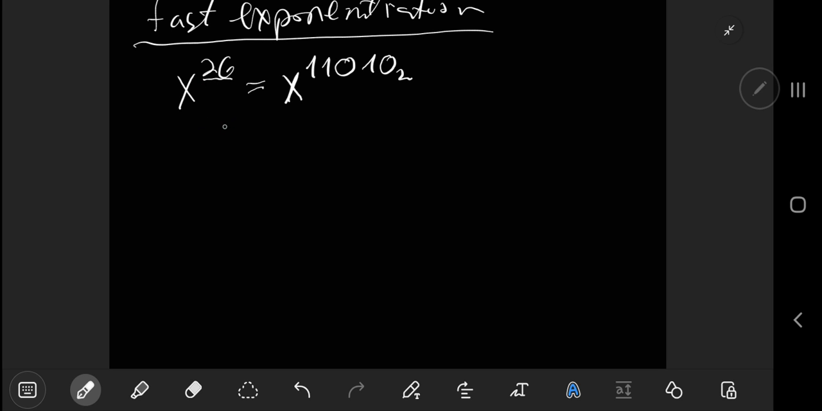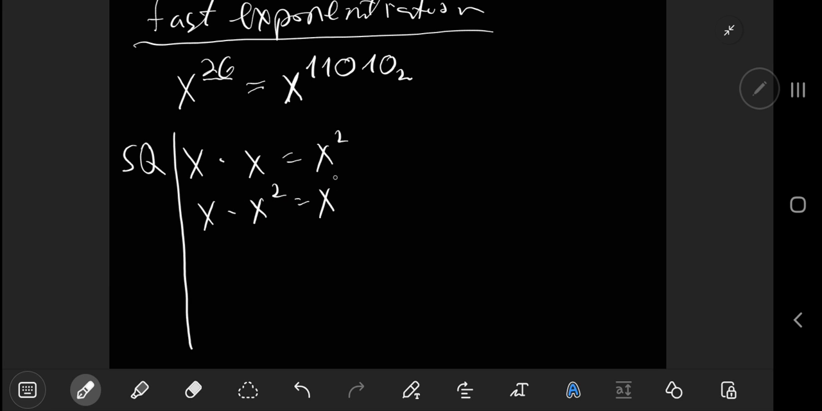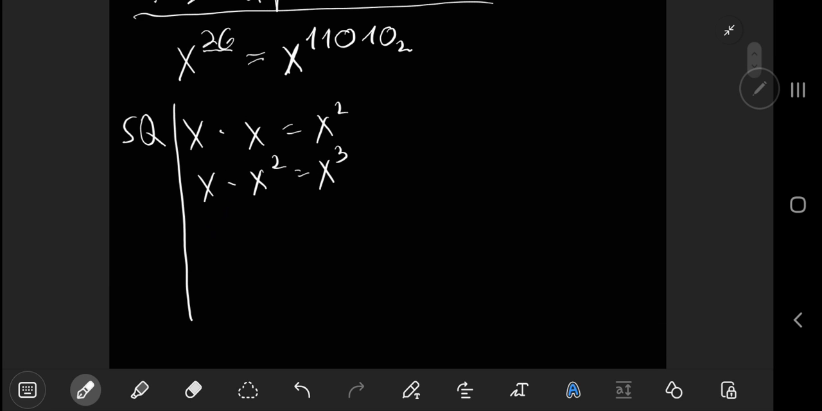Instead of just calculating x to the power of 26, I'm going to do a more efficient way. How would I do that? The idea is like this. I will do x times x, namely I'm making a squaring. This is x to the power of 2. Now I'm going to take x times x squared, it's x to the power of 3. Now x to the power of 3 times x to the power of 3 is x to the power of